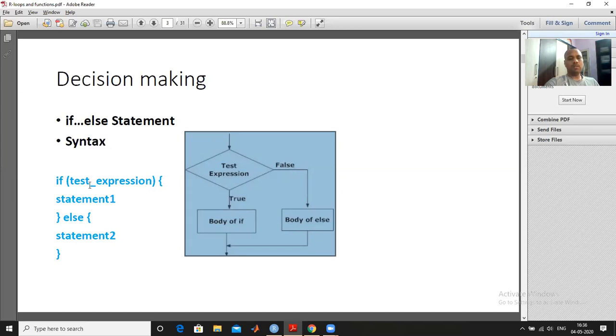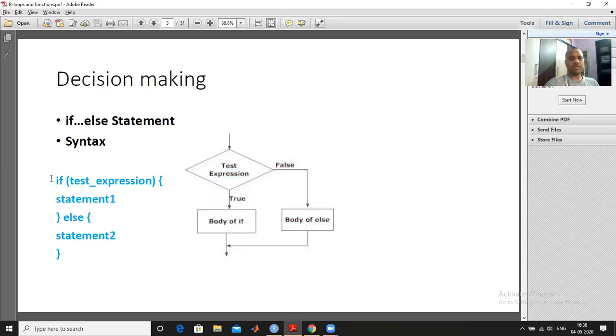In R, what will be the syntax to write this? This is the syntax to write an if else structure in R. First of all you write if, then the parenthesis will start, and within the parentheses there will be some condition, and that condition should be valid in that sense. It has only two values, either true or false.